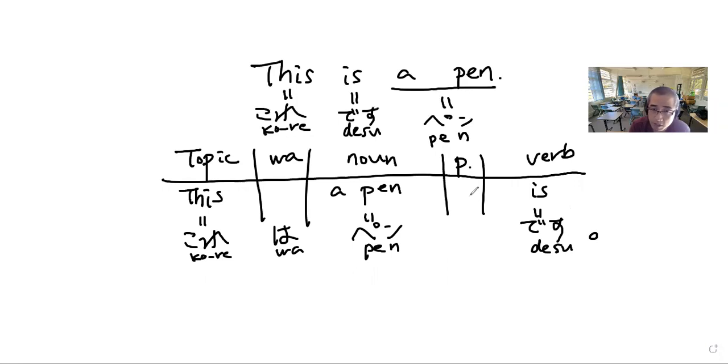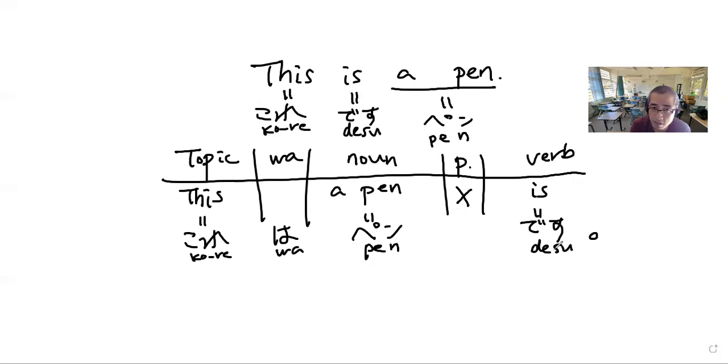You don't have to worry about a particle because particle is like a preposition, like in, on, at, to, from. As you can see, the original sentence doesn't have prepositions, so this time you can ignore particle. So "this is a pen" is これはペンです。これはペンです。